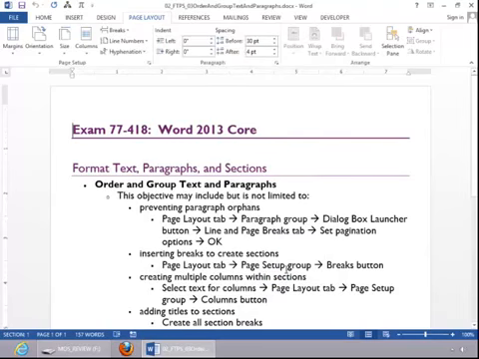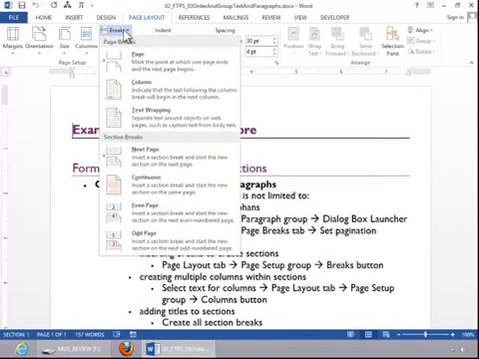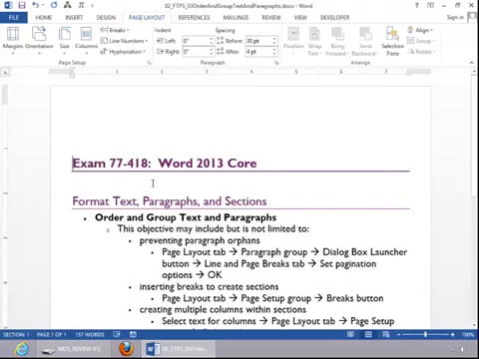To insert a break to create a section, click the Page Layout tab and then click the Breaks button in the Page Setup group. Notice that you've got different types of section breaks, including next page and continuous. If you click continuous,